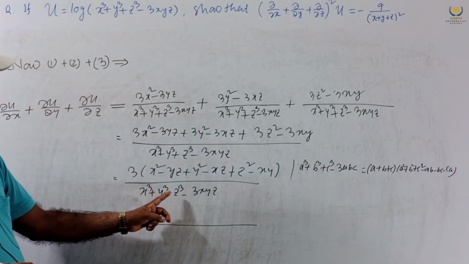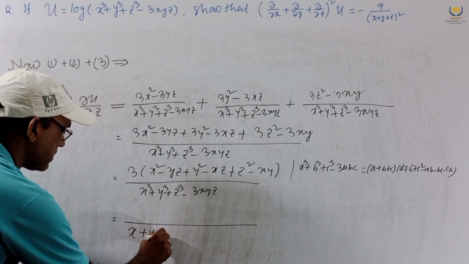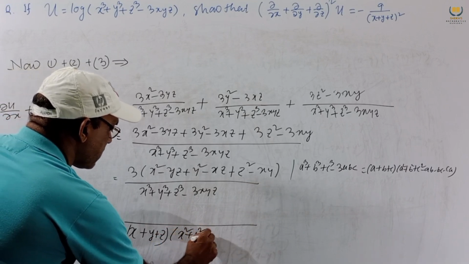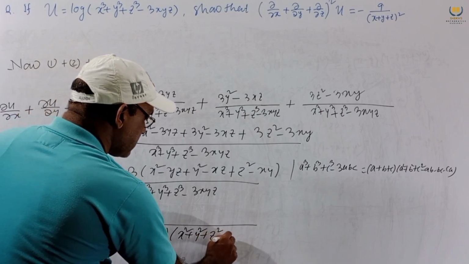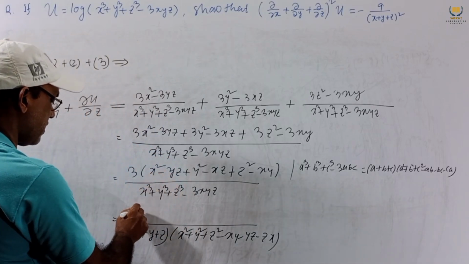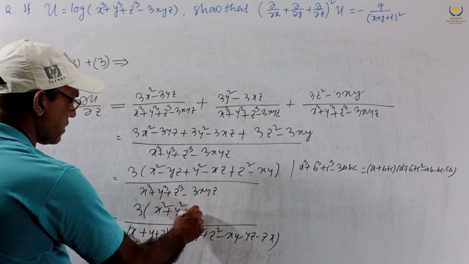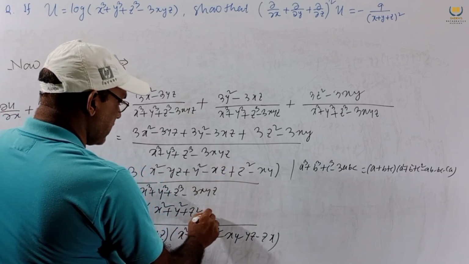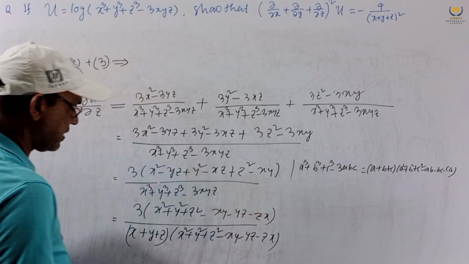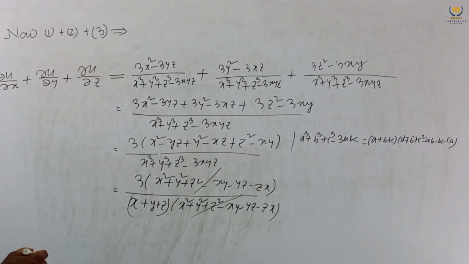So this is a cube plus b cube plus c cube minus 3abc. So this can be written as x plus y plus z into x square plus y square plus z square minus xy minus yz minus zx. And here we write the square terms together: x square, y square, z square first, next xy minus yz minus zx. We write this, and these two will be cancelled. We get this one,